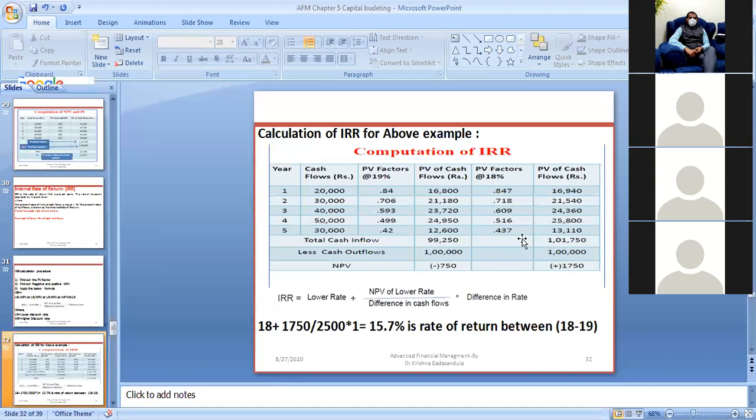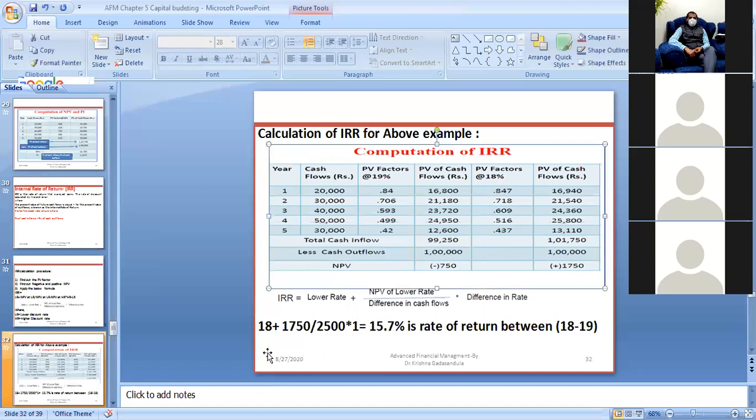So where is my internal rate of return? You can apply this formula. After applying this formula, what is the lower rate here? The lower rate is 18 plus